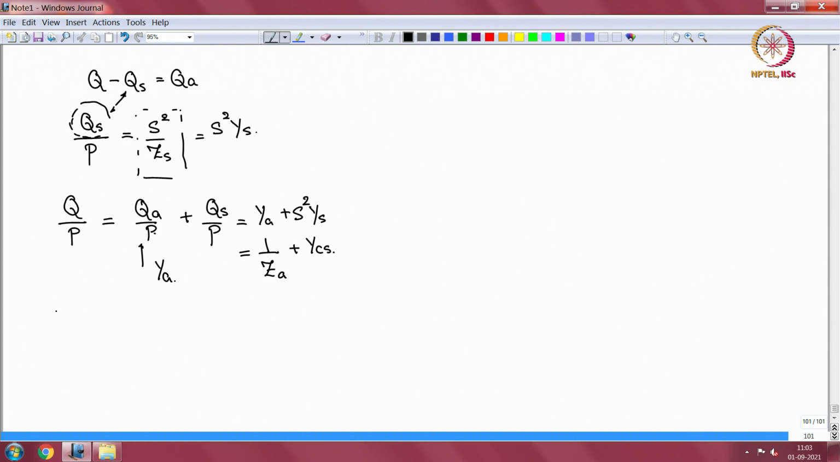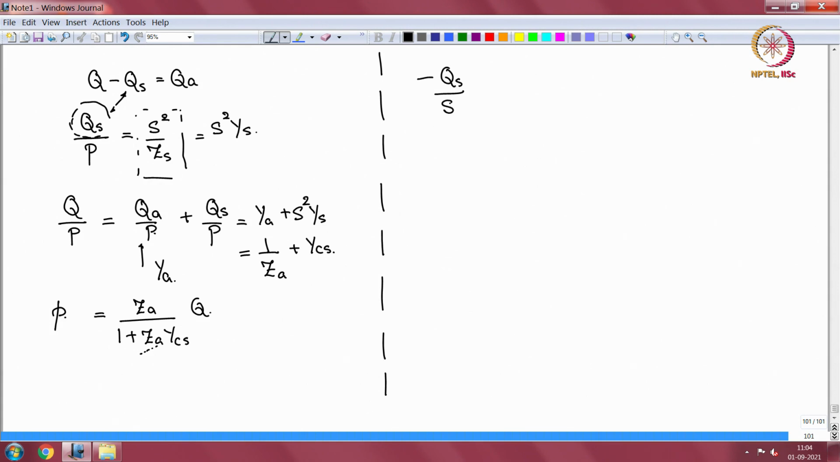Okay, so what happens to now my P here? P is equal to ZA by 1 plus ZA YCS into Q. Okay. You can see here that if YCS is 0, that means the structure is infinitely stiff, then P and Q are directly related through ZA. Okay. Now here is the point with QS. With QS, the way QS deforms due to the pressure, we have to bring in a sign